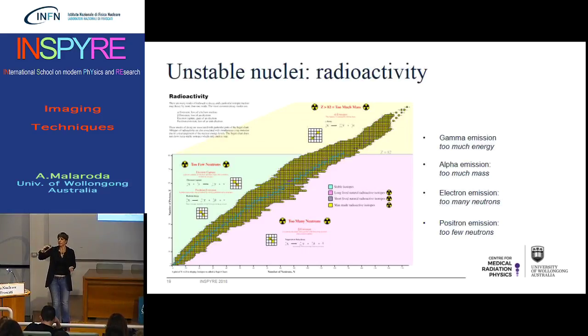It's in an excited state. It likes to lose energy and go back to the ground state. And when it loses energy to go back to the ground state, what does it do? It emits gammas. And in nuclear medicine, we use this kind of radionuclide to make images for SPECT, single photon